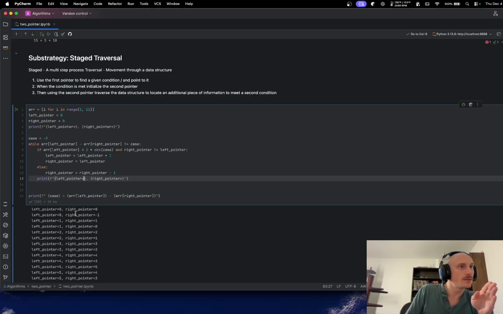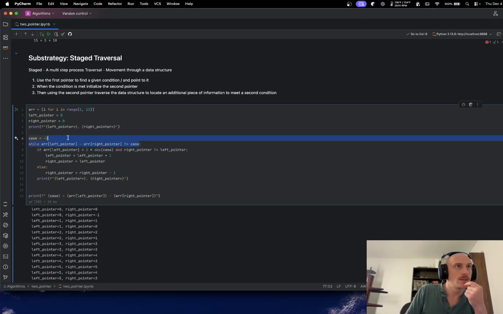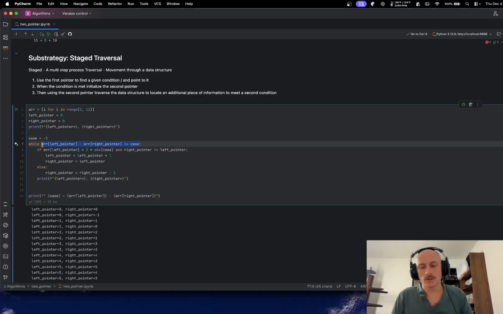They both start at 0. Left pointer and right pointer go to negative 1. Oh, this is because I need to initialize these separately. Or you know what? I'm just going to change my case true